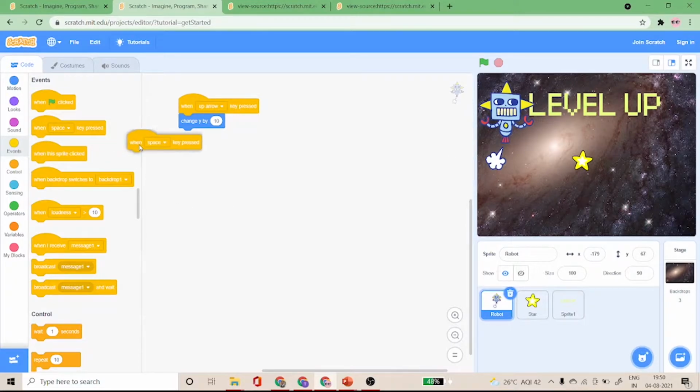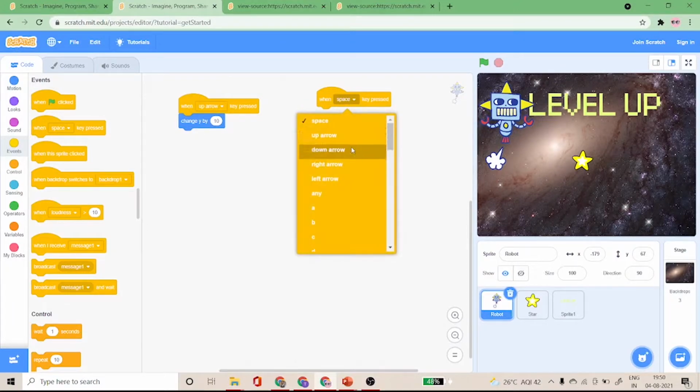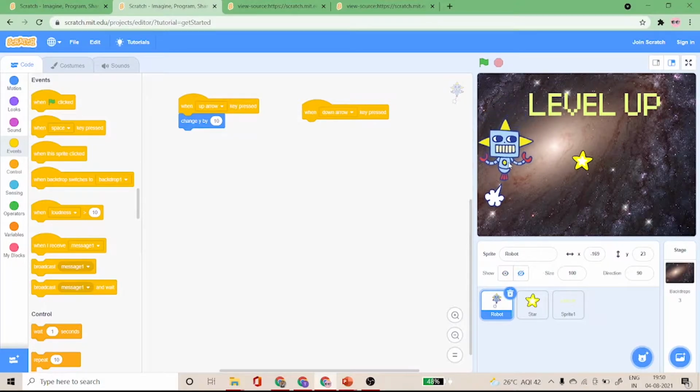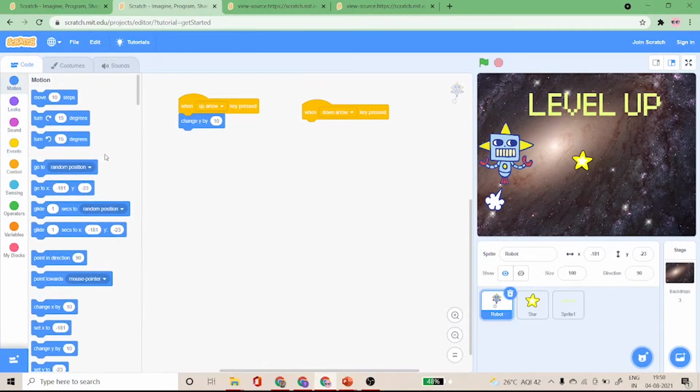So I'll go to the when down arrow key is pressed option. If I'm moving the robot down, y is decreasing. Observe, only y is decreasing. So I'll go to motion, select change y by 10, and put a minus sign here.